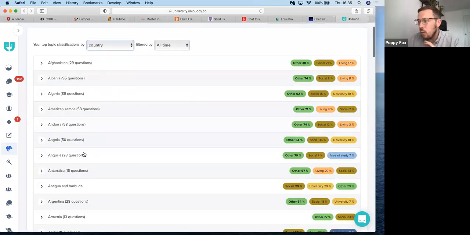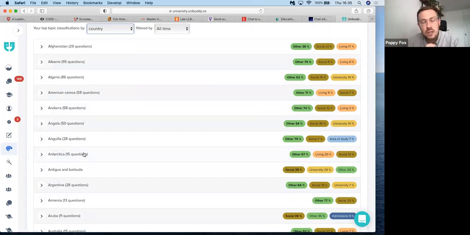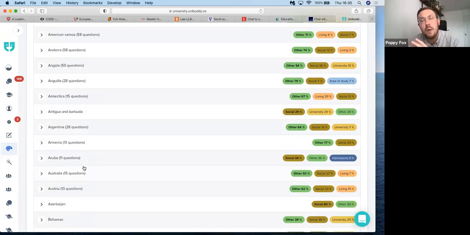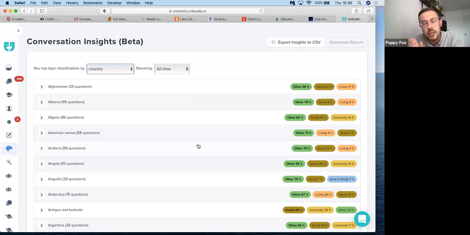So where you're beginning to target new regions, you can begin to see, okay, what are the different trends in different markets? What markets are asking more about accommodation? Should we be releasing more information and more content to this market because we're getting more questions in this area? So it's a live source of marketing intelligence, which can be broken down by region or even course. And you'll begin to notice some really interesting trends about different course profiles or different regions, which you can then use to tailor the content and the materials you're sharing with them.